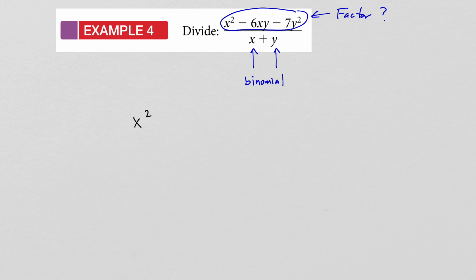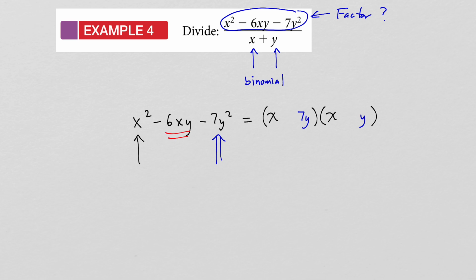So let's check it out. We have x squared minus 6xy minus 7y squared. Let's play around with factoring to see if we can figure this out. X squared we know comes from x times x. Now 7y squared would have to come from 7y multiplied by y, right? Because 7 is prime, so the only way we can get that is 7 times 1. And then to try to make the negative 6xy in the middle, let me try putting a negative here and